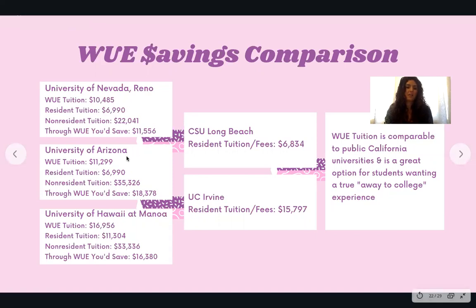Same goes for Arizona, huge savings here. For Arizona, if you were to transfer to University of Arizona, you would be saving $18,378. If you want to go to University of Hawaii at Manoa, beautiful campus, I've been there before. That one is a savings of $16,380. So there is incredible money to be saved through WUE, and it's very comparable to Cal State Long Beach,